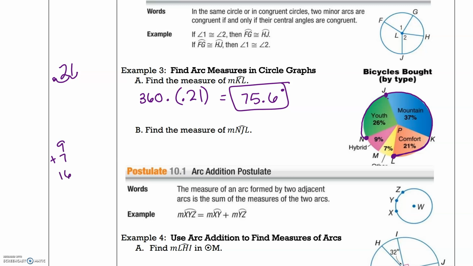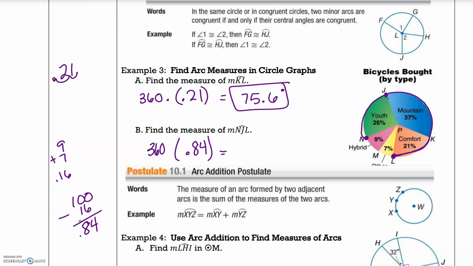So we're going to find 16% of 360 and subtract that from 360, or we know that it's 100% and we can subtract our 16%, and what's left is going to be 84. So we're going to go ahead and do 0.84 times 360,